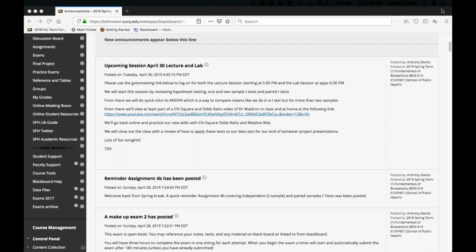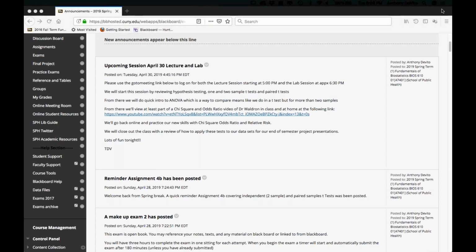There's one called chi-square and odds ratio. It's really kind of a double test, odds ratio and relative risk. We'll talk about it. You've probably heard that mentioned in studies and stuff like that. But we're going to look at chi-square, odds ratio, relative risk. They were kind of one type of test, or we put together, they're one type of test. We're going to really concentrate mostly on that tonight, and the analysis of variance I just told you about, comparing